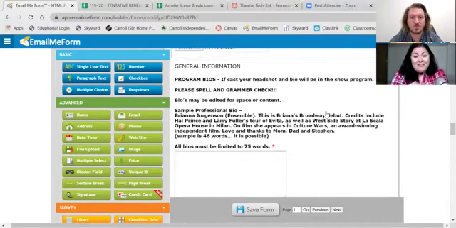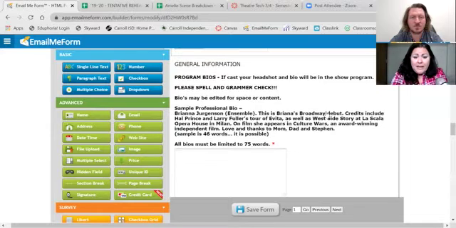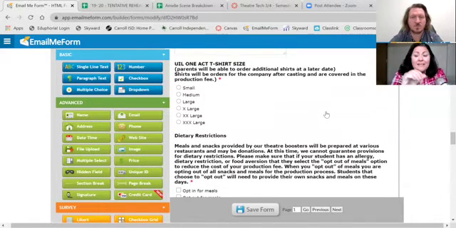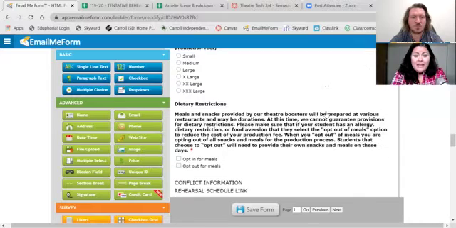I have them write their bio and put it in right here at the audition form. I do not chase people around for bios. It has changed my life to have their bios done here. And now my kids just keep their bios and they know that on the audition form, they're going to have to put that bio in. I also get their t-shirt size right there. Again, something that I want to have from the very beginning.